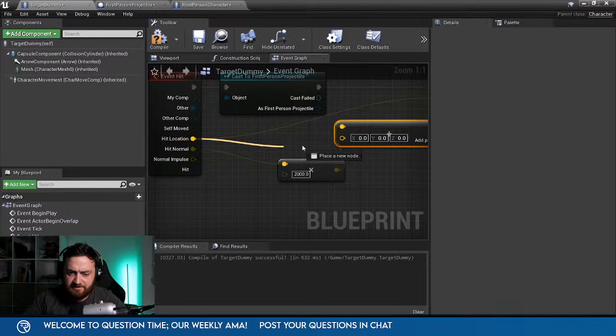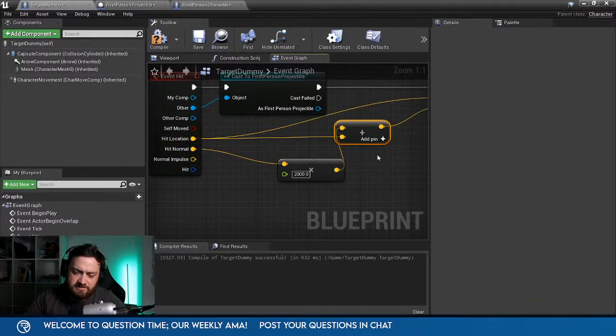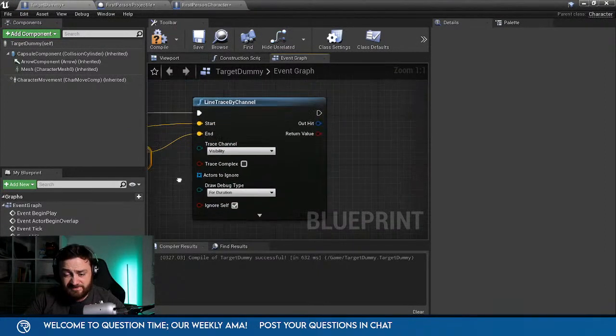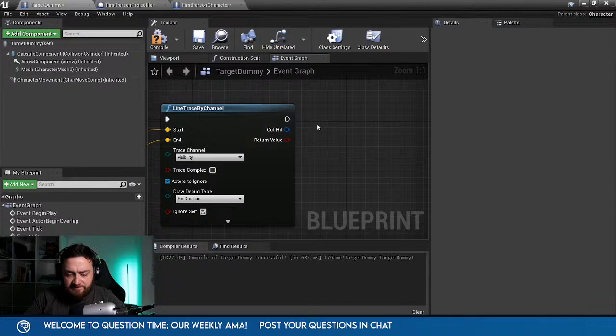We're adding in the hit location on here, so it should project backward. I think the hit normal actually will be negative. Make that negative. Okay, I'm going to change that now to draw debug for duration. See it working. And then we'll do destroy actor.